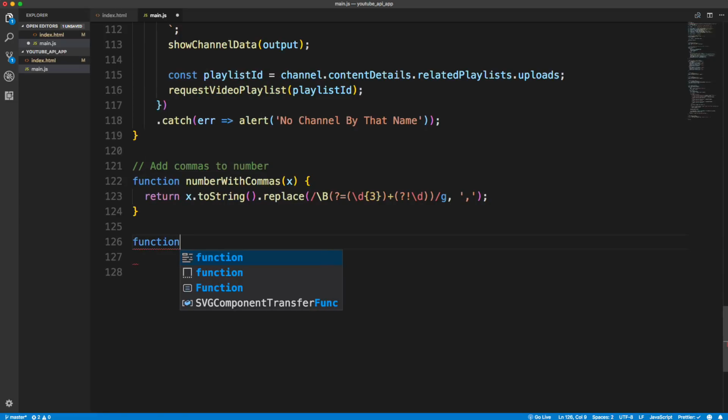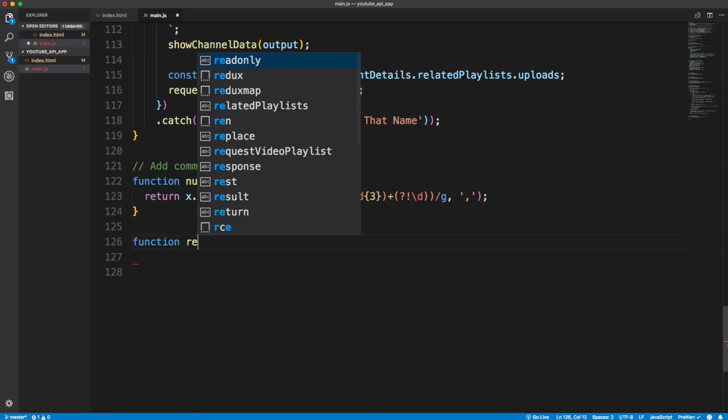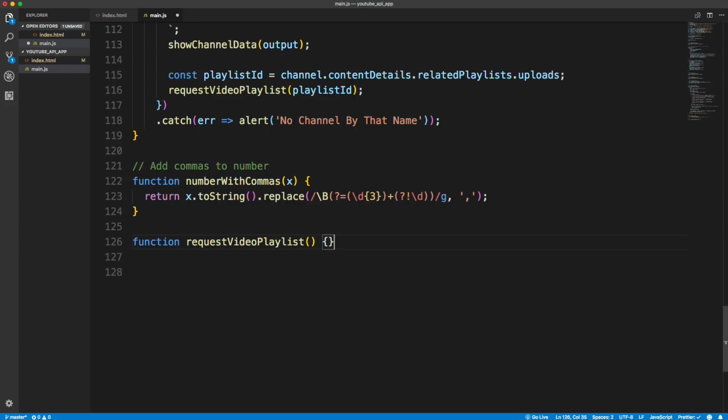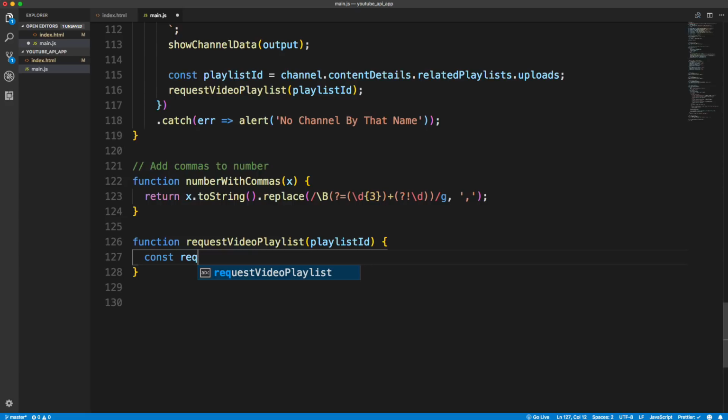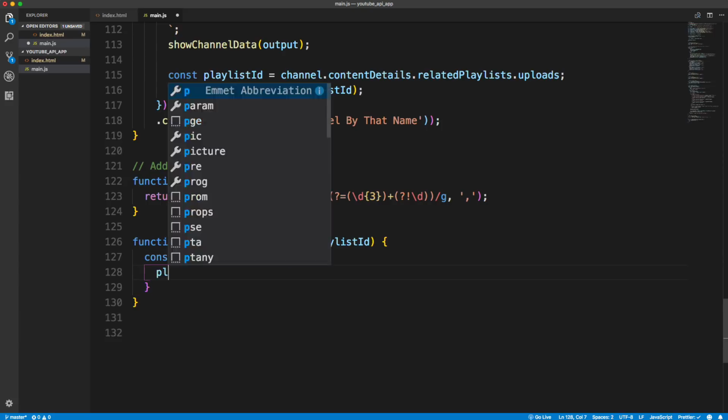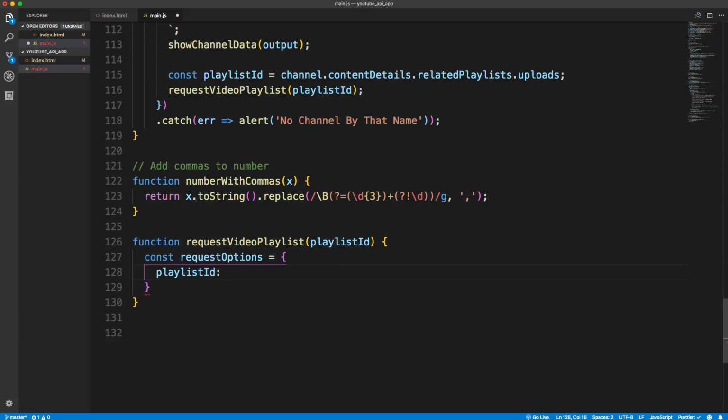Okay, so let's do function request video playlist, and that's going to take in a playlist ID. Okay, playlist ID comes from the first response, and then we need to make another request. So let's create an object here called request options, and we want to put the playlist ID, which comes from the playlist ID that's passed in, and then we also want the part, which is going to be snippet,